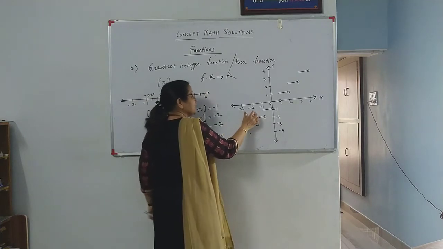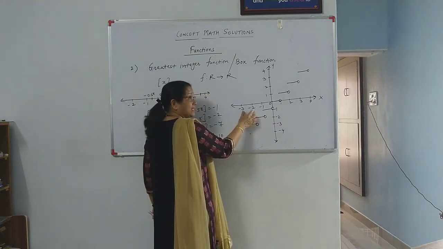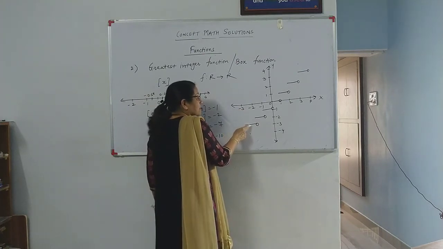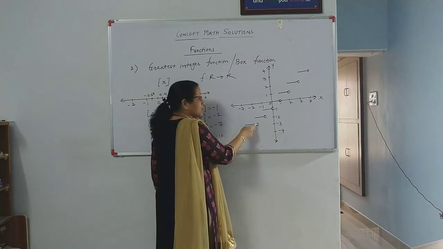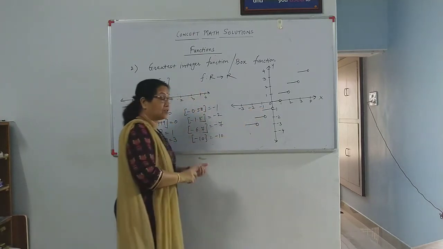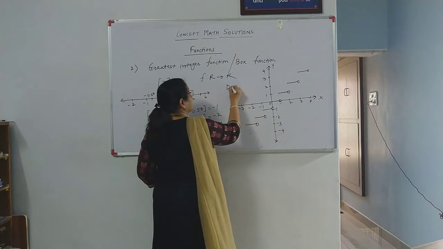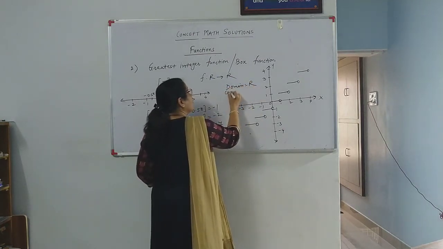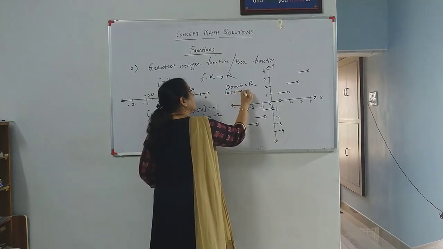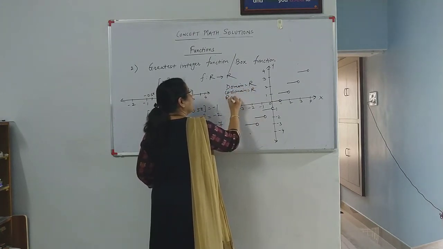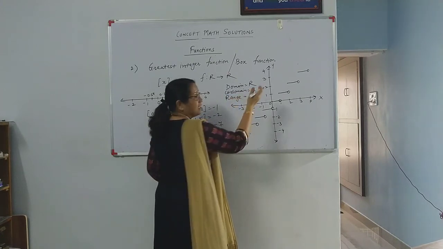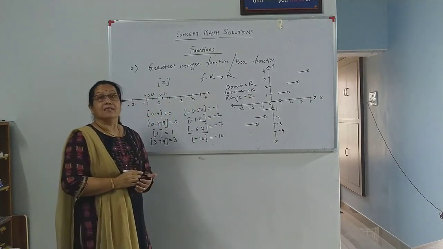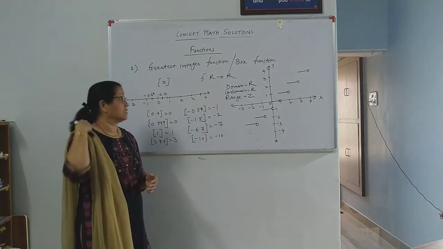Understand again. Suppose x is between this, minus 2 to minus 3, right? When x is minus 3, its image is minus 3. Just before minus 2, it stops. When x is minus 2, its image is minus 2. If I decide domain and range, domain of this greatest integer function is R, codomain also R, and range is all integers that are images, and that is Z. Right? It is the set of integers which is the range.